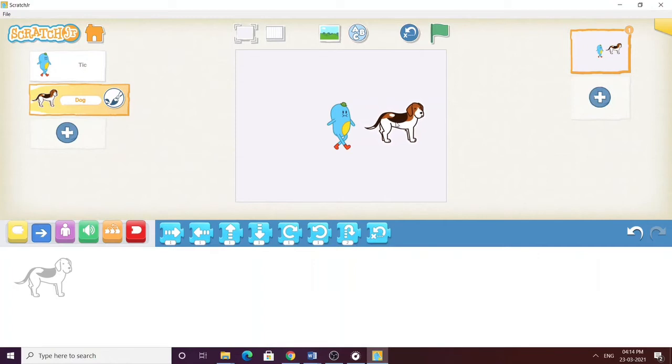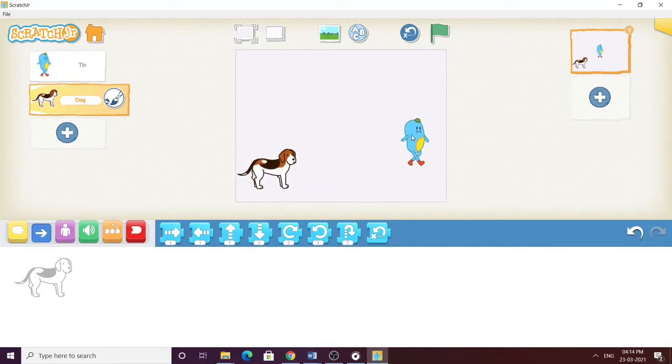Click on the puppy and drag it to any place where it should be positioned. So I'll make this puppy be positioned here and this sprite here. So I have positioned the puppy and the cat sprite.